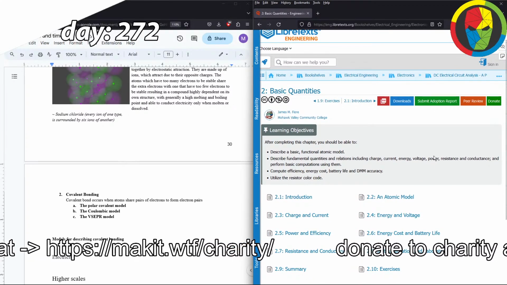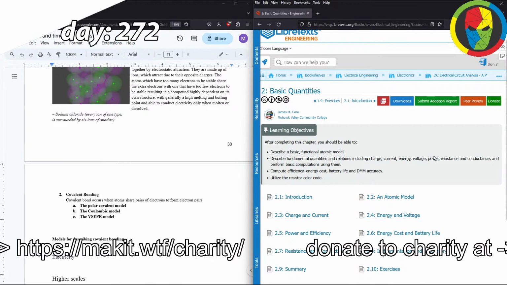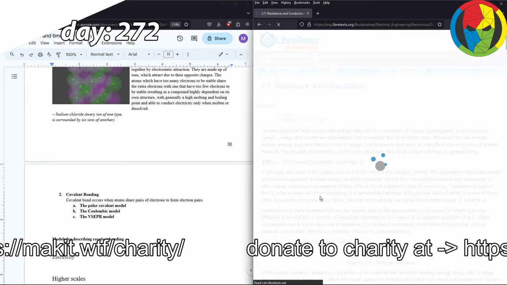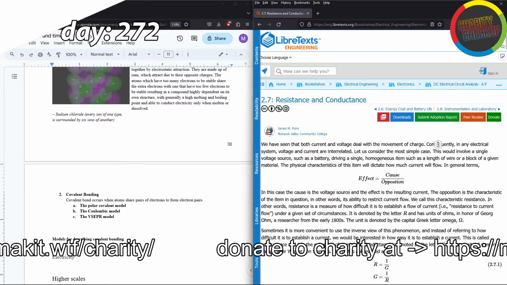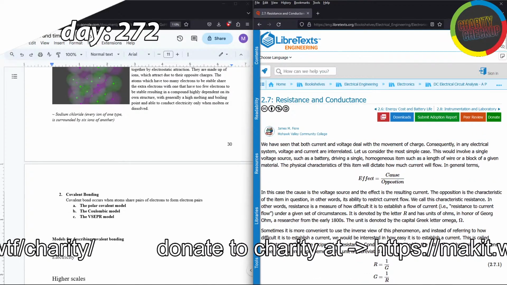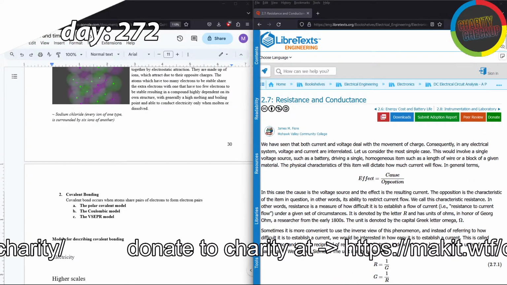What I'm looking for is... I don't think it would be here either. Resistance and conductance. This is a good one. Because when it comes to resistance, this is a very, very interesting thing. You see,